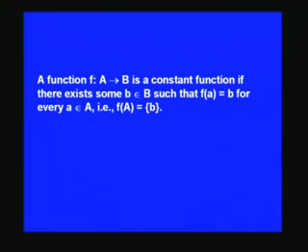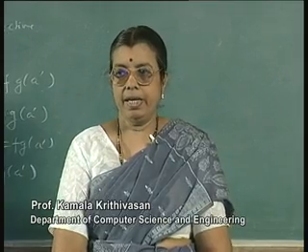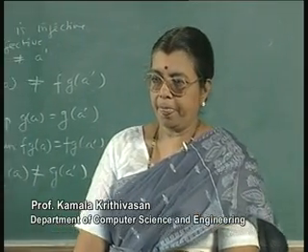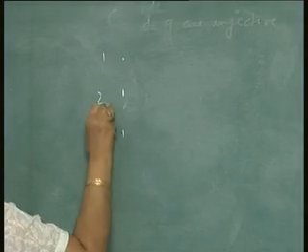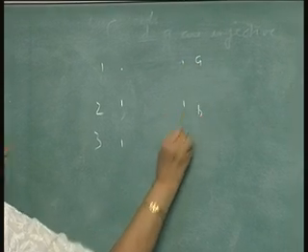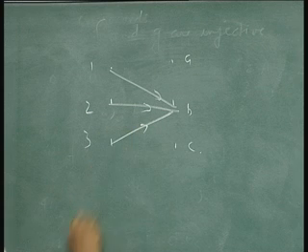Now, we consider different types of functions. These things you must have already seen in your school days, but anyway we will consider them separately here. A function f from A to B is a constant function if there exists some b belonging to B such that f(a) is equal to b for every a belonging to A. Suppose I have 1, 2, 3 and a, b, c. If 1 is mapped onto b, 2 is mapped onto b, 3 is mapped onto b,